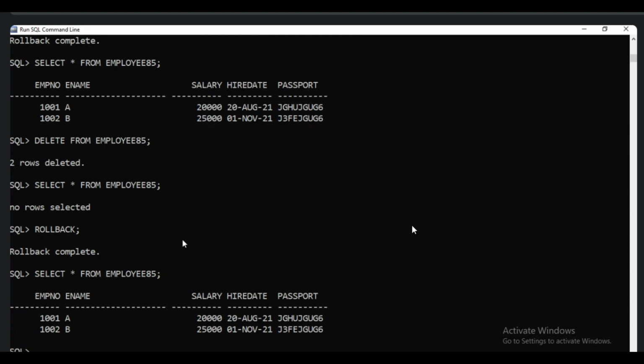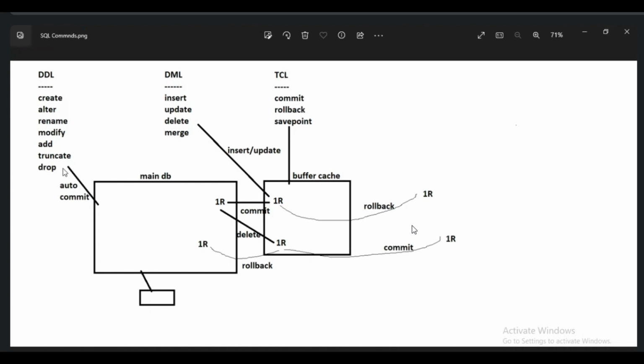There is one more next option called truncate. Truncate is, okay, unlike delete, truncate means a DDL command. It will keep the table structure. Entire data will be truncated. Even with rollback, we cannot get the data back, because truncate won't interact with the buffer, it is directly removed from the main database. Okay, truncate means it will keep the table structure, so the entire data will be truncated.